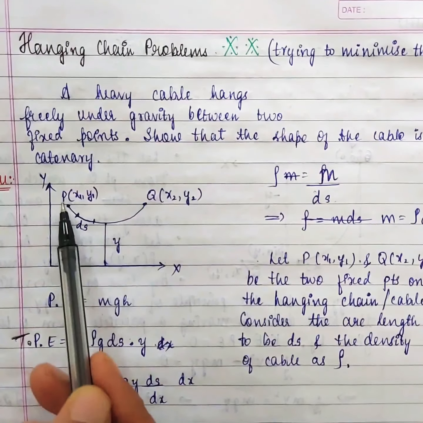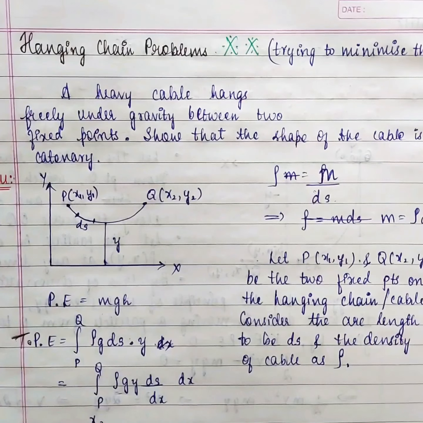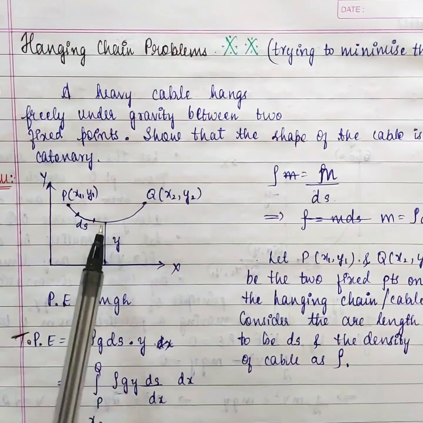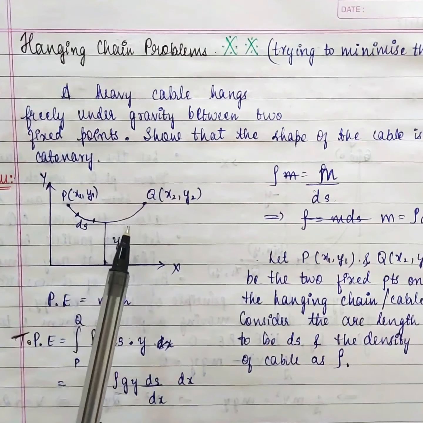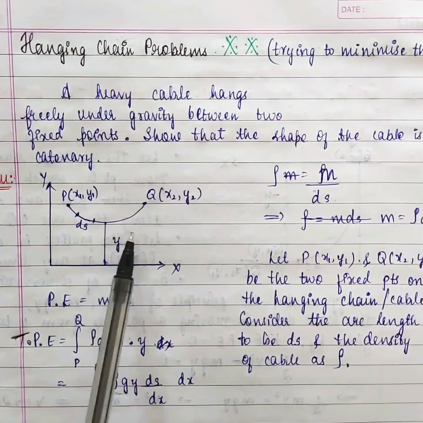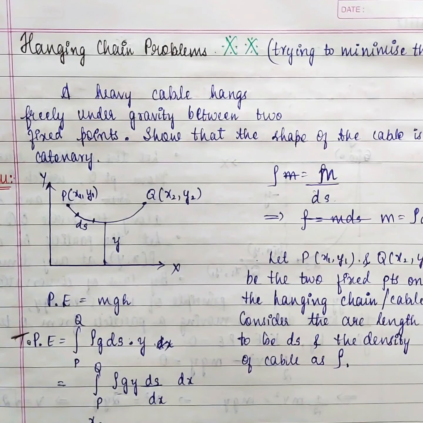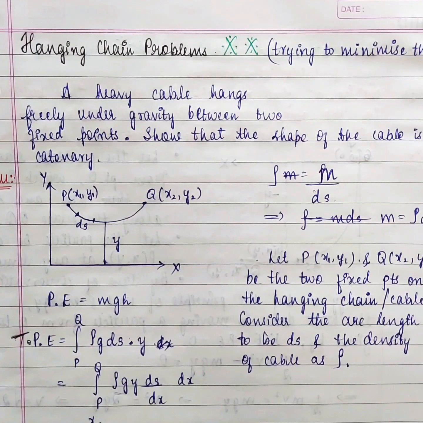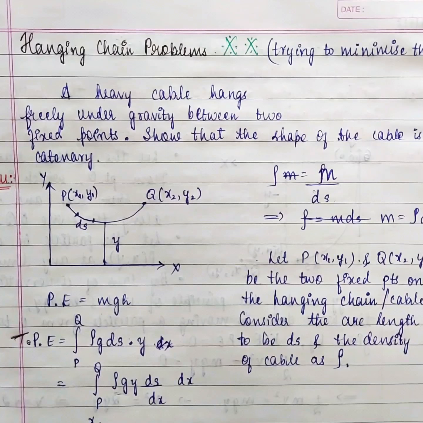The catenary shape, when you look at it, will look like a smiley. So we are going to prove that the equation of this curve is nothing but a catenary, and we know the general equation of a catenary, that is y is equal to c cosh of (x plus k1) by c. We got this general equation in the previous problem also. There is going to be a connection between this and the previous one. That is why I took that first.